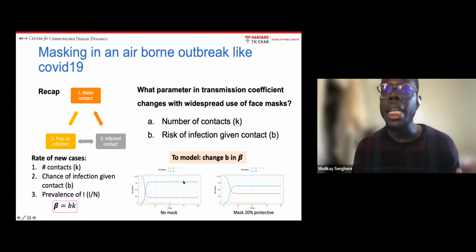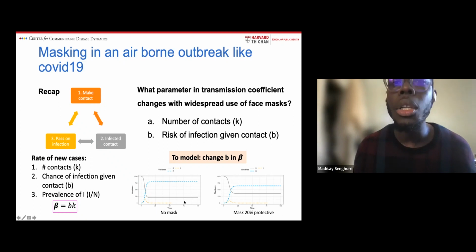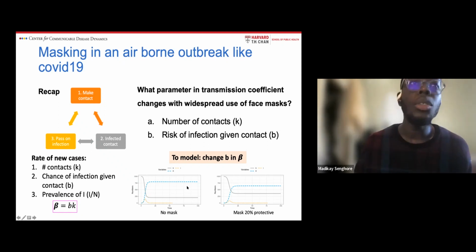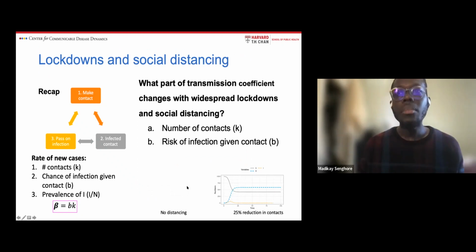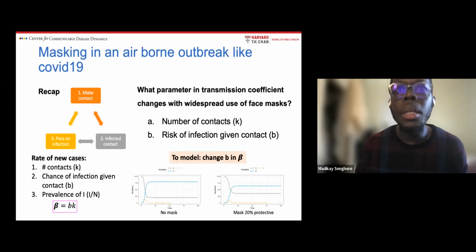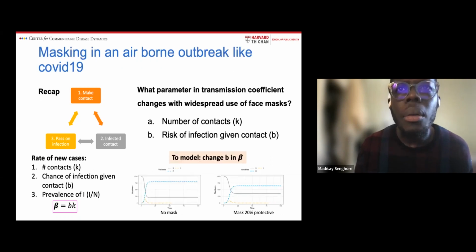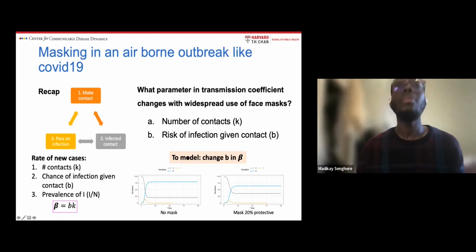So not only is, let's say, the burden on your healthcare facilities lower at the peak of the outbreak, but you also reduce the total number of cases that you get, right? So similar again, oh, I think I might have given you the answer, right? But similar,